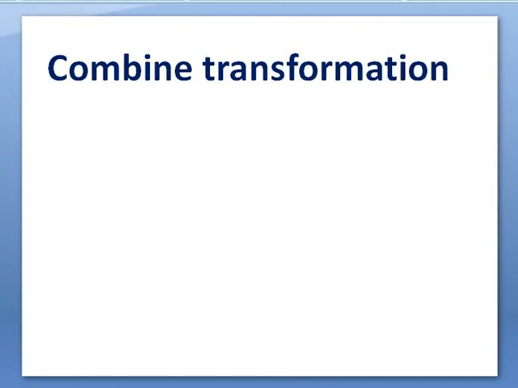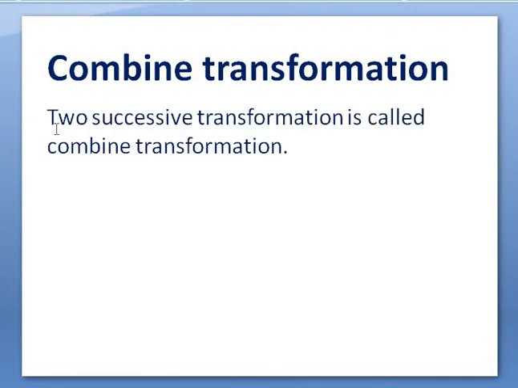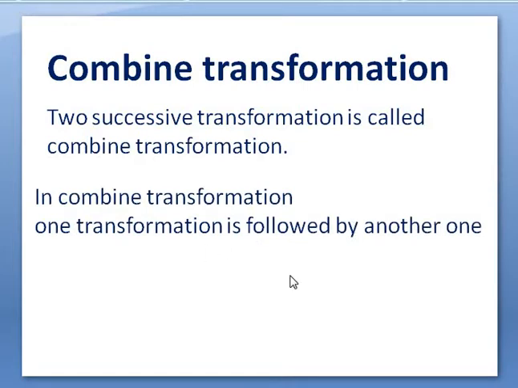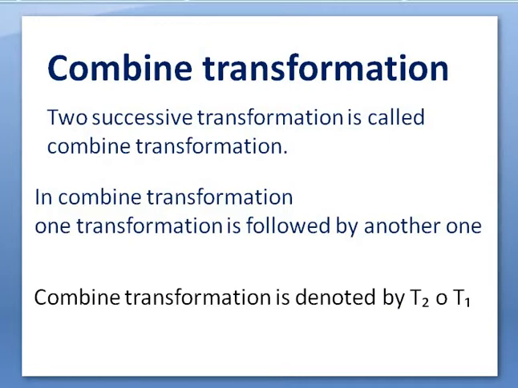So let us see the definition of combined transformations. Two successive transformations are called combined transformations, and in combined transformations one transformation is followed by another one, and the combined transformation is denoted by